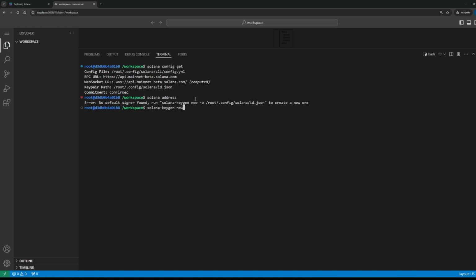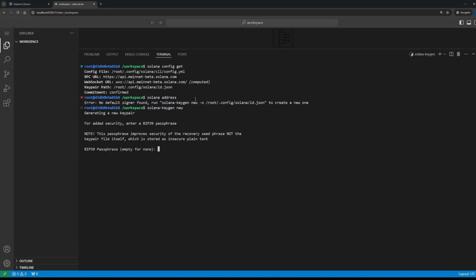In this case, you can use the command called solana-keygen new, and if you do not specify any other arguments, this will by default generate a key pair in the root .config, then solana, and then id.json.